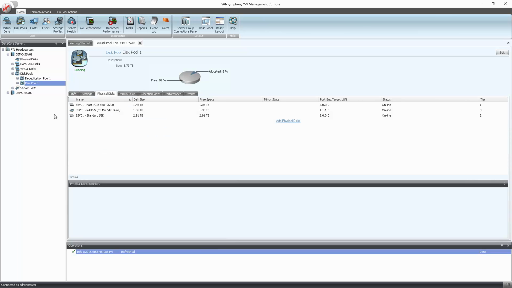The third tab is the Physical Disks tab. This tab displays the physical disks which are members of the disk pool. Disk pool mirroring can be enabled here as well as auto-tiering. If a disk pool mirror is desired, then a compatible corresponding disk must be available, or unallocated, in order to assign it as a mirror member to an existing disk pool member. Auto-tiering is enabled automatically once there is at least 2 different auto-tiering index values assigned to 2 different disks. Auto-tiering index values can be assigned simply by right-clicking on the disk pool member and selecting the corresponding tiering value.